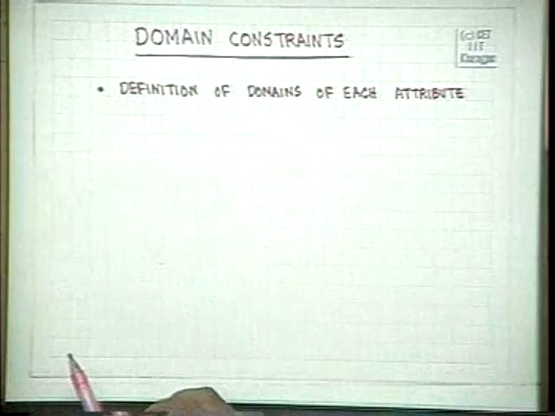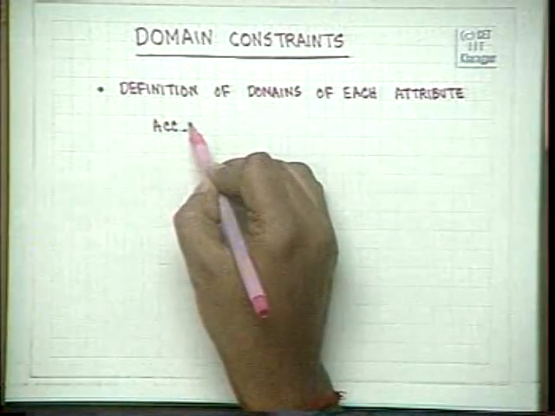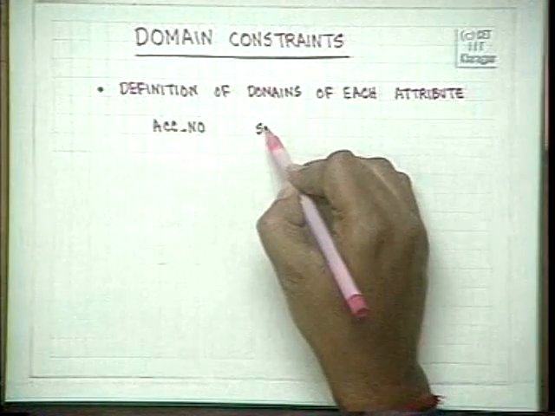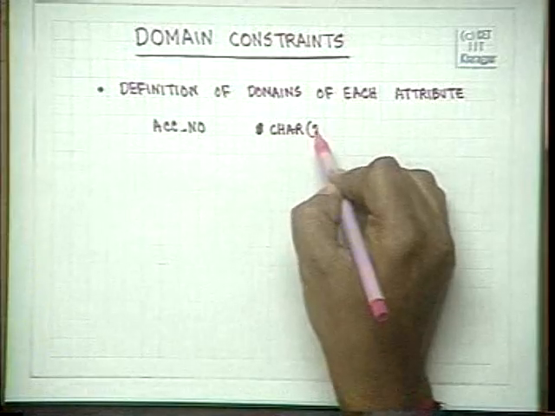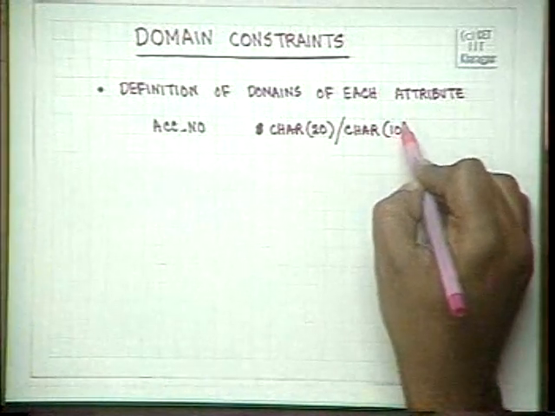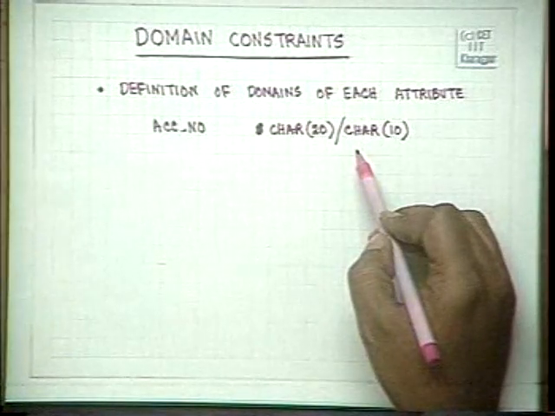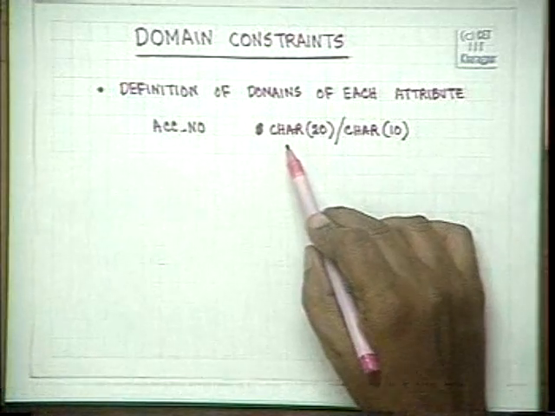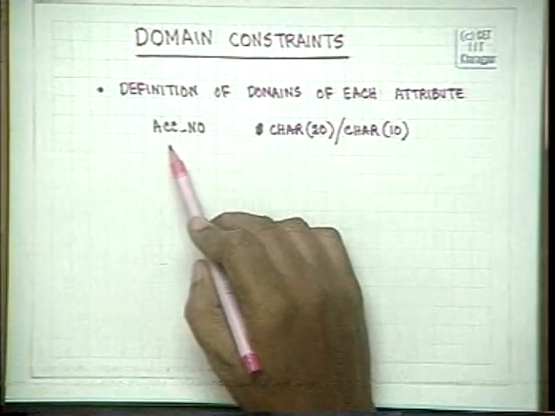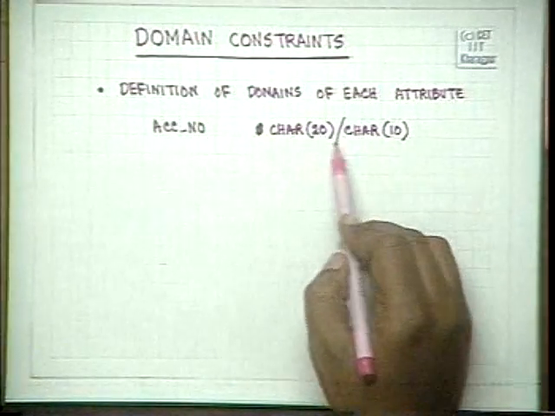The first thing in the concept of domain constraints is the definition of domains of each attribute. For example, we will define the domain or the type of accession number, and we can define it in many ways. We can define it as a character string of length 20, depending on the size which is required, or a character string of length 10. We can specifically say that it can be an alphanumeric string, so that exclamation and other special characters do not come into the picture. And automatically, whenever we enter a new accession number, or whenever any updation or insertion is done, this type will be checked. And if the type is violated, immediately an error message will be flashed, and therefore at entry time you can catch this instead of